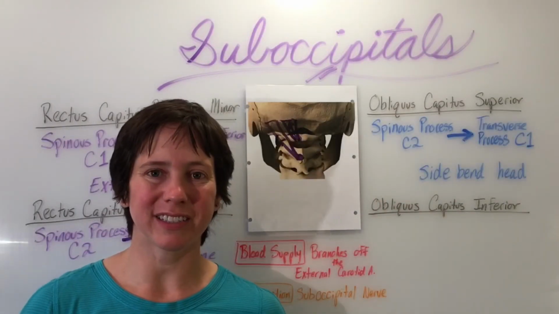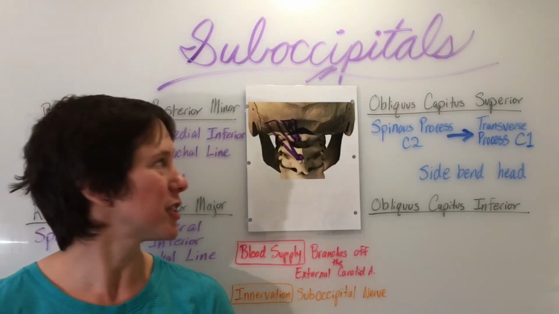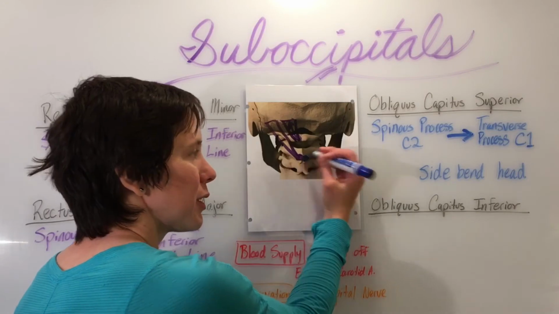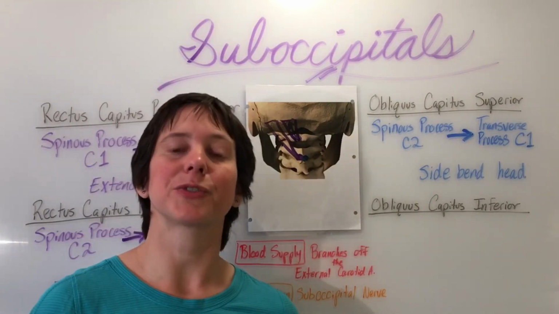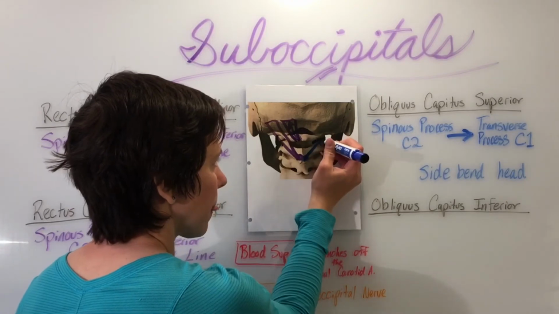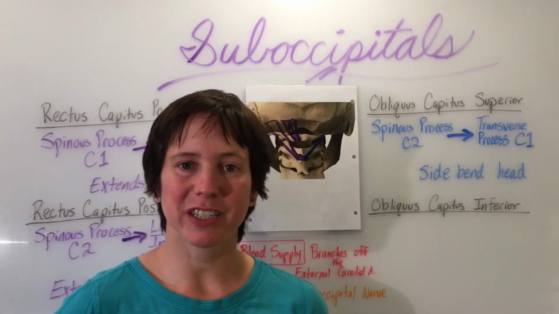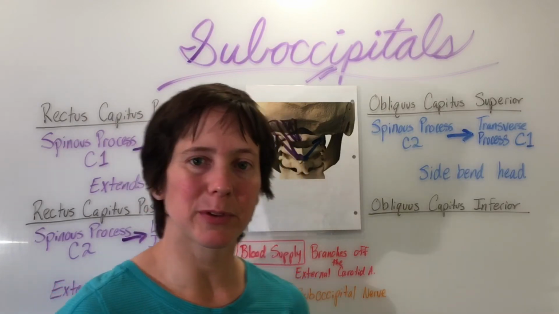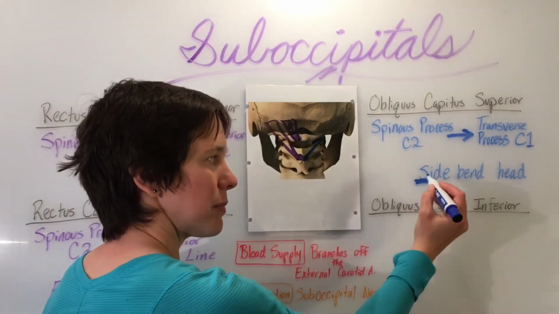For the Obliquus Capitis Superior, it originates on the spinous process of C2, and it'll go to insert on the transverse process of C1. Its action is ipsilateral side bend of the head, and you can remember this because S for side bend and